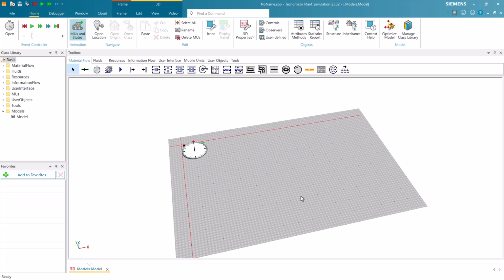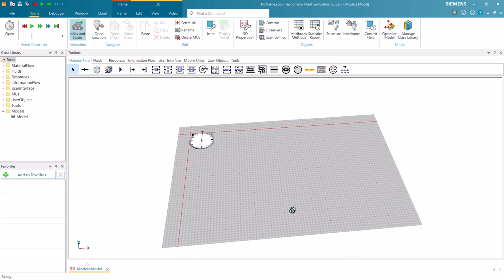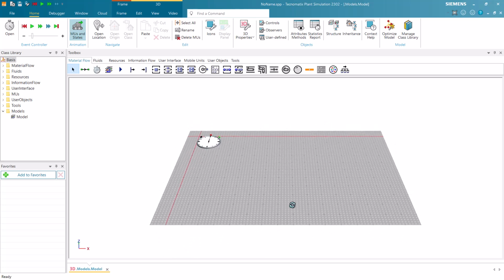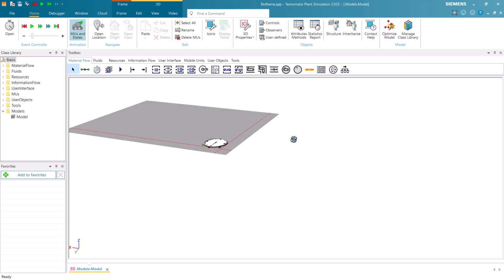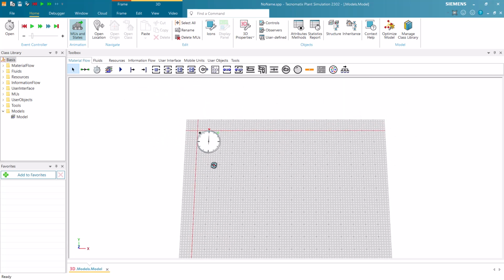To rotate the frame around its axis, press and hold the mouse wheel while adjusting to the desired position. If you keep the mouse wheel pressed for a longer period without movement, a red dot will appear around which you can rotate the scene. Otherwise, you will rotate around the axis of the entire model.